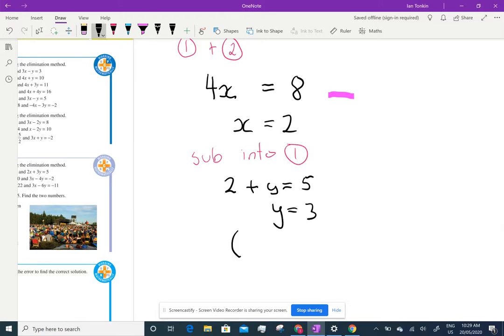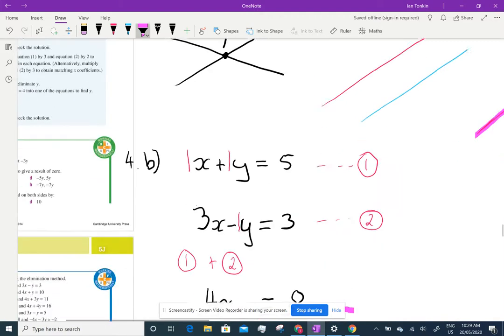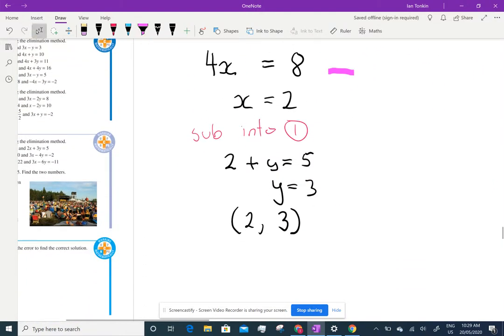So now I've got a solution, and it's a coordinate. It's a coordinate 2, 3. And it's going to be the point where these two equations intersect. 2, 3. Now, how do I know I'm right? I check